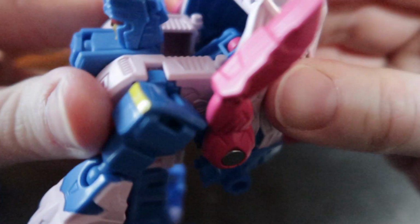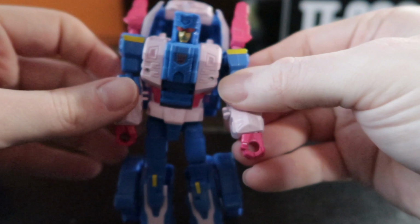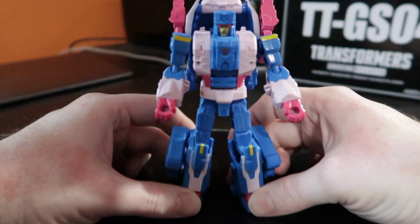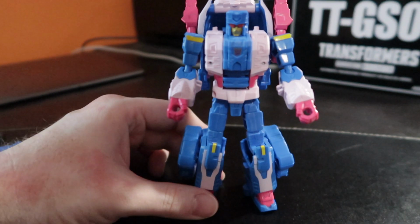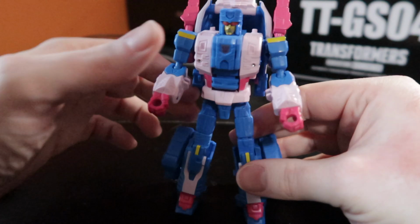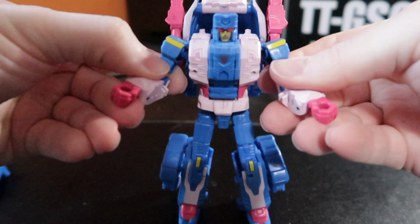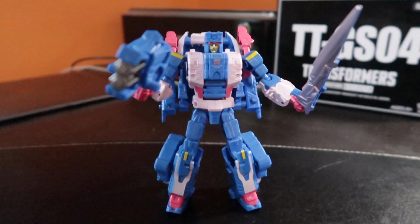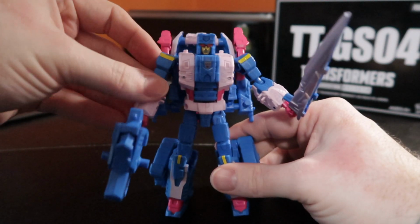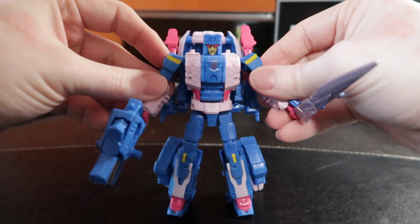And slide it in. Boom. It secures. And he is good to go. And that's what he looks like. That's the Japanese figure. But I'm using the American name just because I think it sounds cooler. Skalor. There we go. We'll move him to the side for a minute while we get the other one all